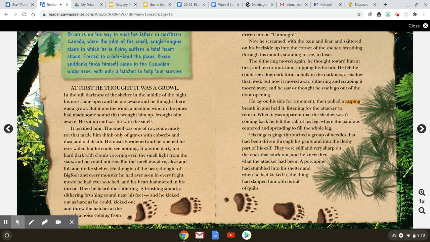then pulled a rasping breath in and held it, listening for the attacker to return. When it was apparent that the shadow wasn't coming back, he felt the calf of his leg, where the pain was centered and spreading to fill the whole leg. His fingers gingerly touched a group of needles that had been driven through his pants and into the fleshy part of his calf. They were stiff and very sharp on the ends that stuck out, and he knew then what